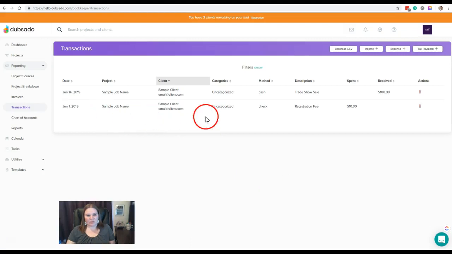So now we can see both of our transactions in here, one for money spent, one for money received. If we needed to delete any of that information, we can just click the little trash can over here, and that would delete it. Now, for businesses who are collecting and remitting sales tax, Dubsado automatically categorizes that as well,